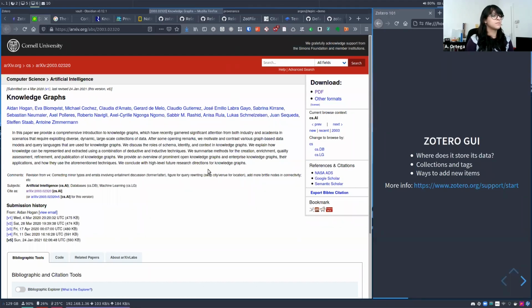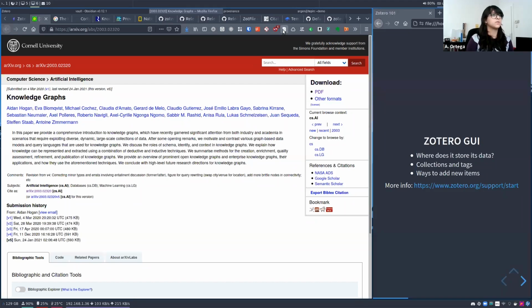Basically, whether you get the PDF automatically depends on whether you have access to it. For example, sometimes you have to set up a proxy or something like this for your library, and your library then opens access to some databases and some catalogs. But then you also have places like arXiv that already provide open access to any sort of